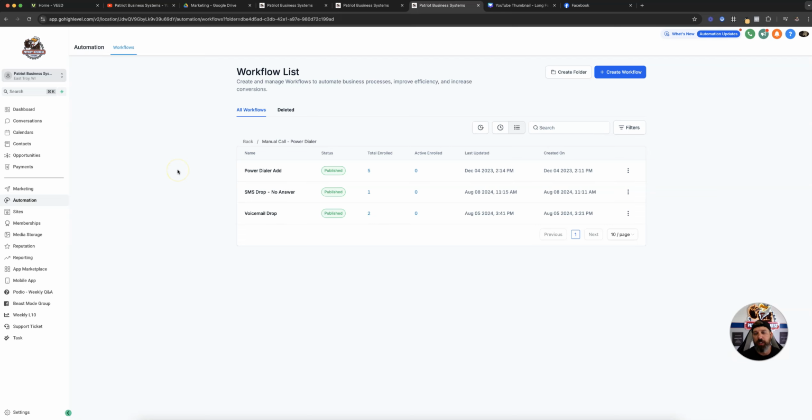So today specifically, it'll be a fairly simple text message automation, dropping when nobody answers and it's a no answer outbound call. And then we can kind of talk through what that looks like. So you can see here, power dialer, voicemail drop. We did the videos on that stuff, or voicemail drop here. And then the text message side of things right here. So if we go into this,